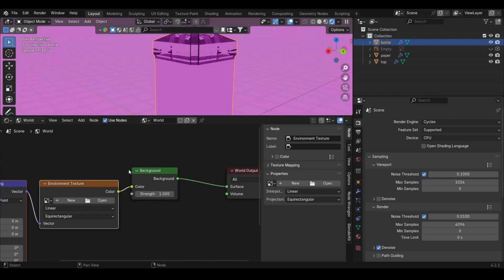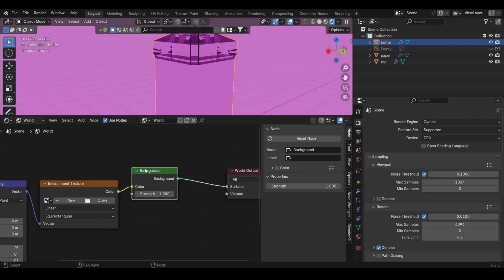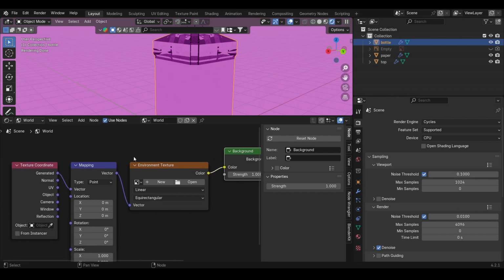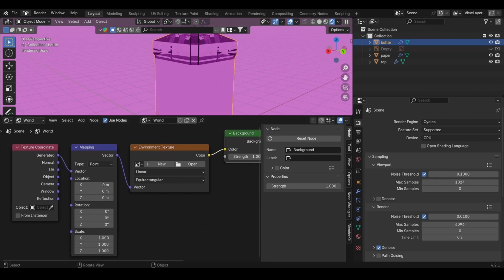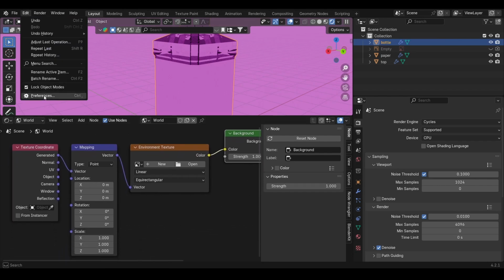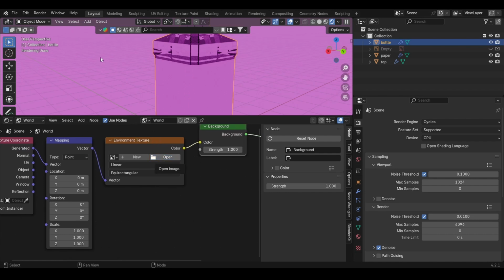So if you have Node Wrangler enabled, you can just press on this background and press Ctrl T, and that Node Wrangler is also a free add-on you can find under Preferences. And in here I will select my HDRI,